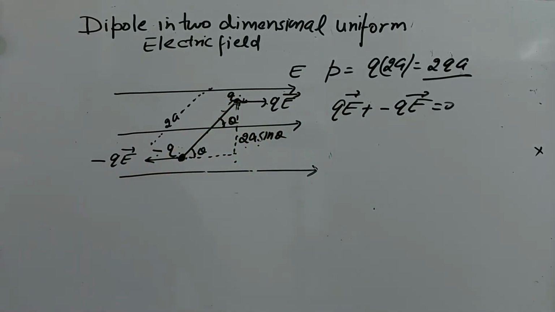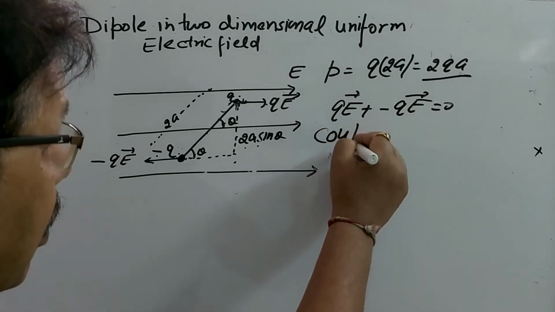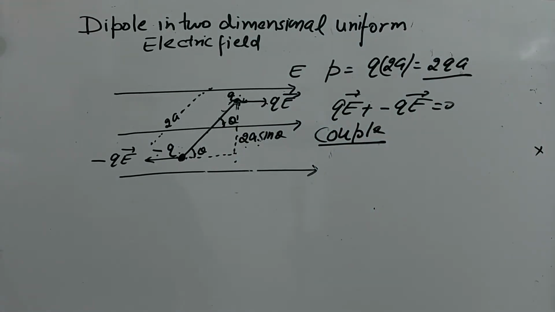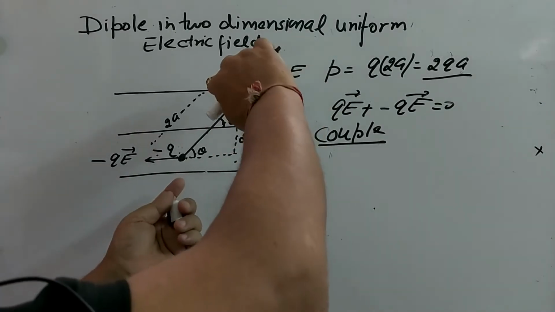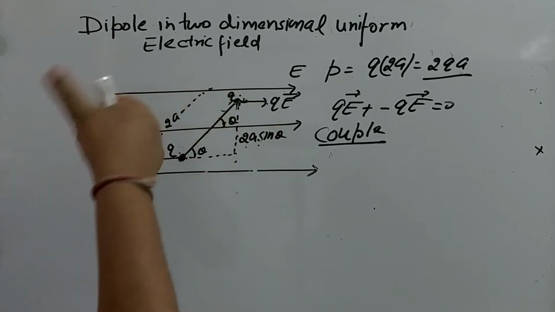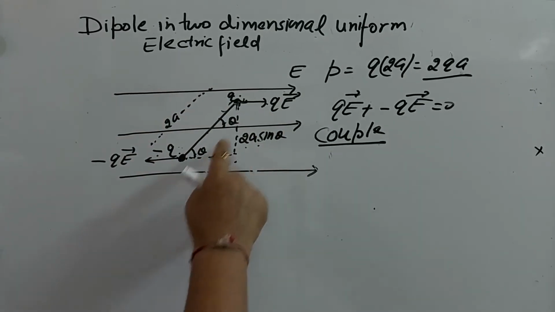These are the two forces which are anti-parallel but equal. These two are making a couple, and this couple will produce turning effect in the dipole. It will try to move this dipole in clockwise direction,